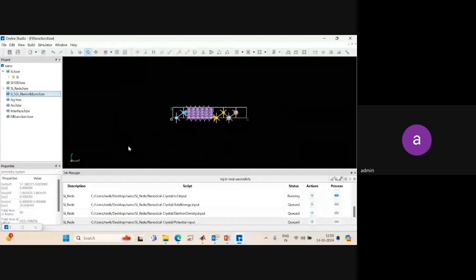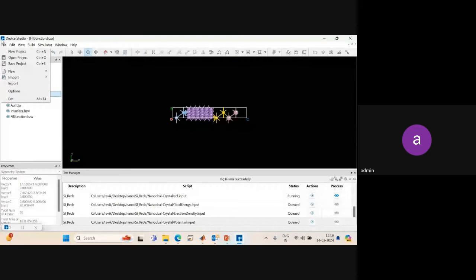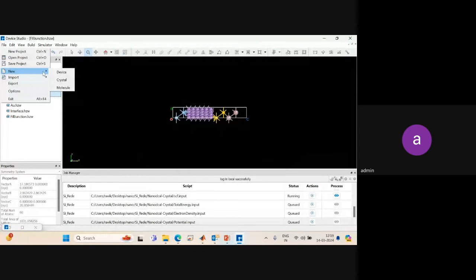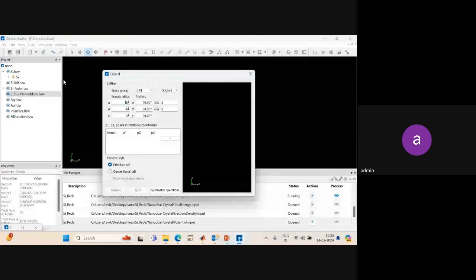So the software is very broad and there are a lot of things which you can do. In the meantime, if you want to create a material: whatever I have shown you till now, I imported from the library. If the material is not present in the library, then you can do one thing. Go to the file option, go to the new option and click on crystal. Once you click on crystal, a new window will open